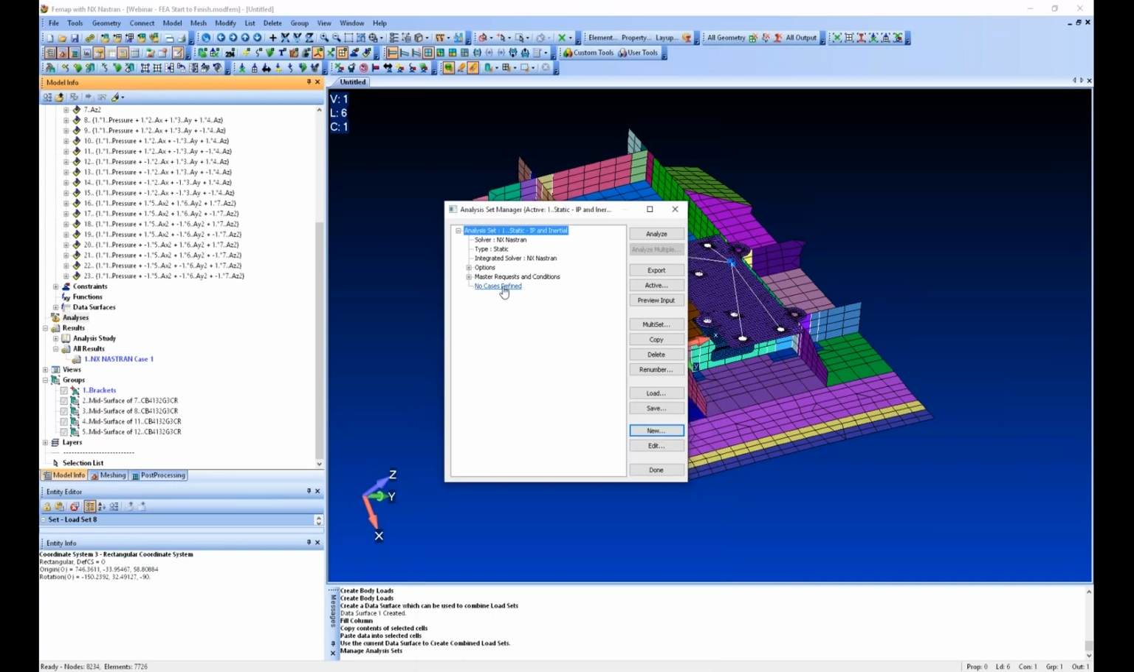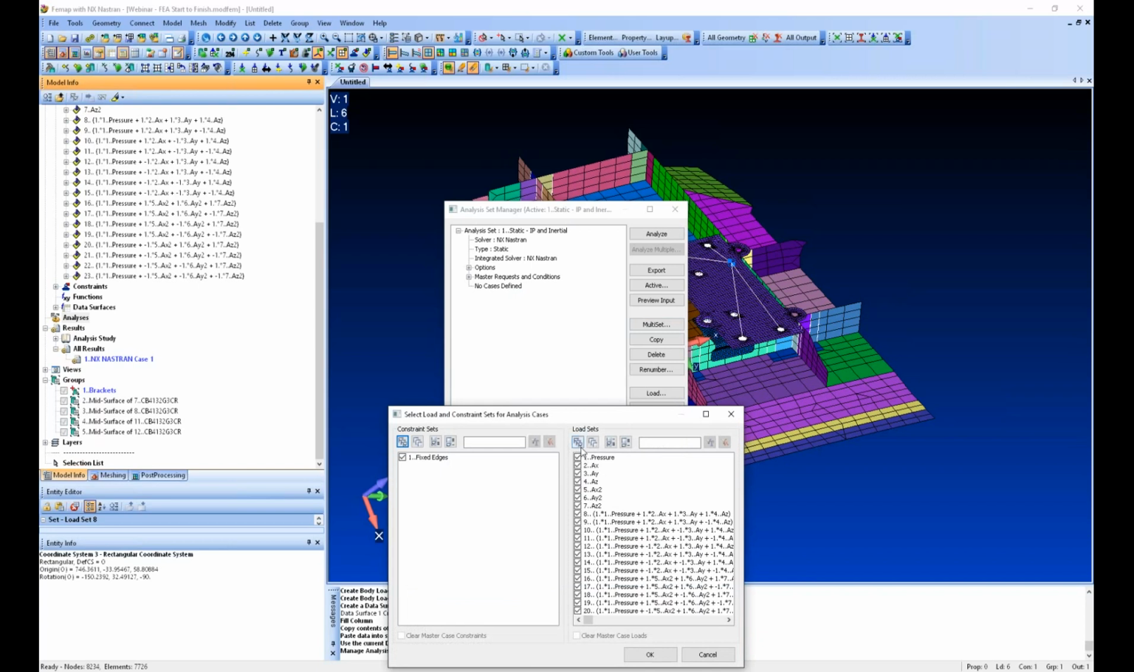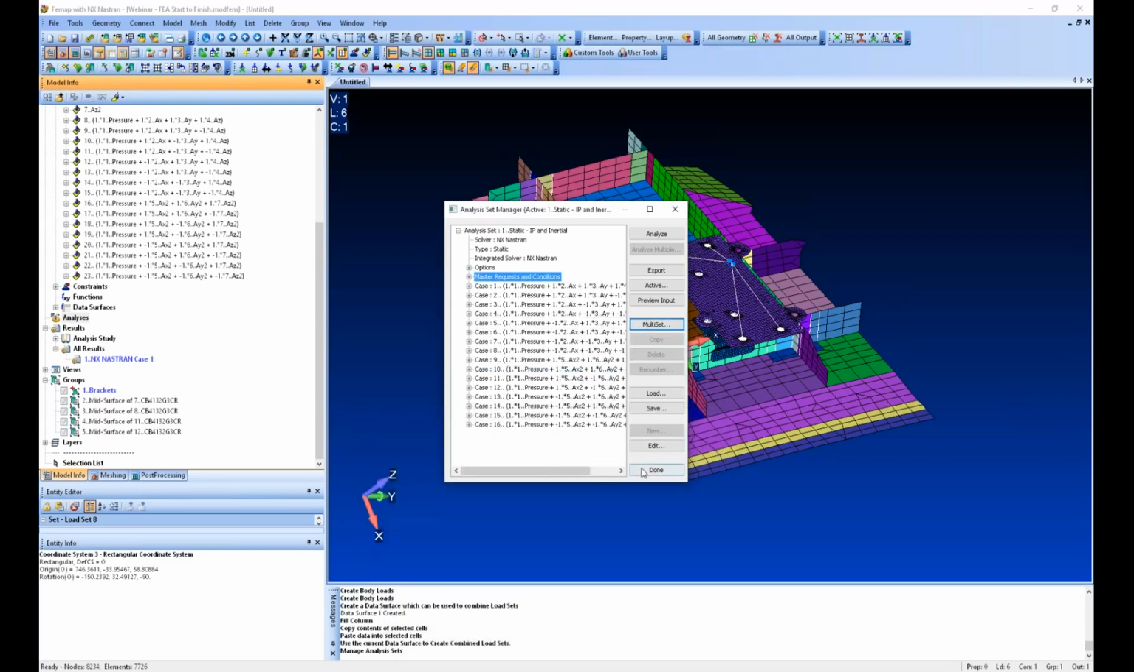So to apply all my different load cases, I can select multi-set. And then I want to turn these general load cases off and then only include all of our load case combinations that we created. And then since I'm having the same constraints on all of them, actually can turn that off, and under master